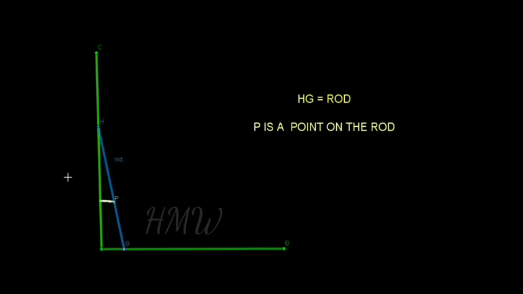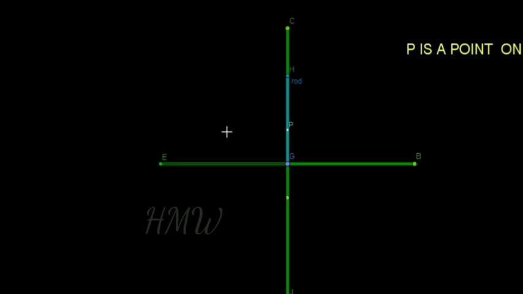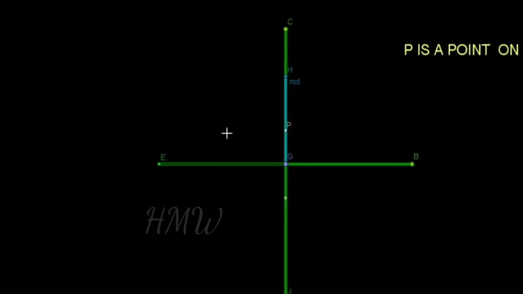So we can see that the rod is moving along the x and y axes, touching both. Observe the path of the point P. You can see that it is elliptical in shape. Observe the path again. We are moving the rod touching both the x and y axes, and you just observe the path of the point P. It is elliptical in shape. You just saw 1/4 of an ellipse.